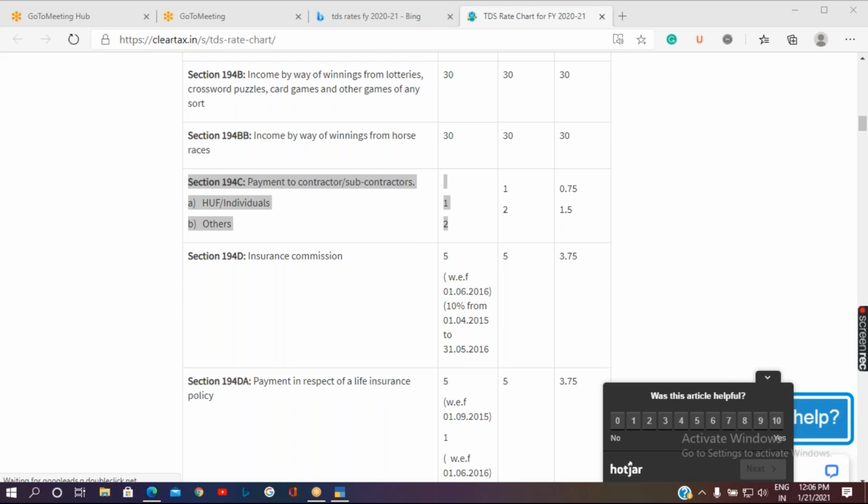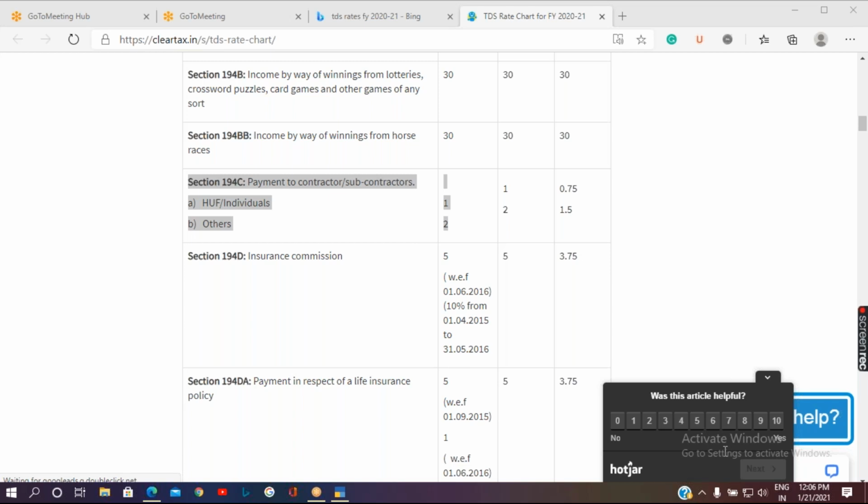One is whether the person is registered as an individual or HUF. The others are related to a company or any other type of category. The percentages vary for individual or HUF; both are considered the same.